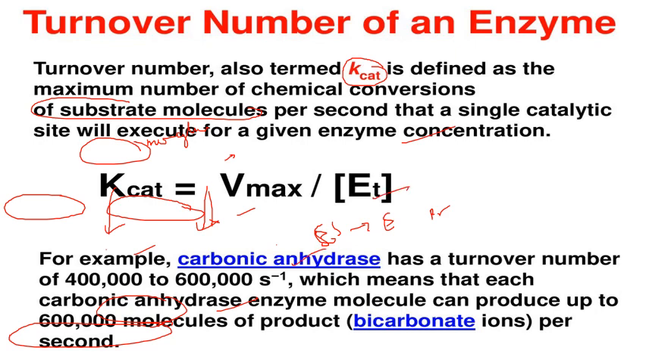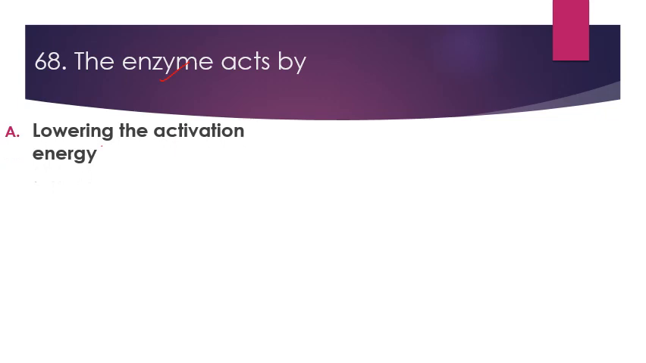For example, the fastest enzyme is carbonic anhydrase, और इसका जो turnover number है that is 4 lakh to 6 lakh per second, which means that each carbonic anhydrase enzyme molecule can produce up to 6 lakh molecules of product, bicarbonate ions, per second. The next question is, enzyme acts by, our options are lowering the activation energy,